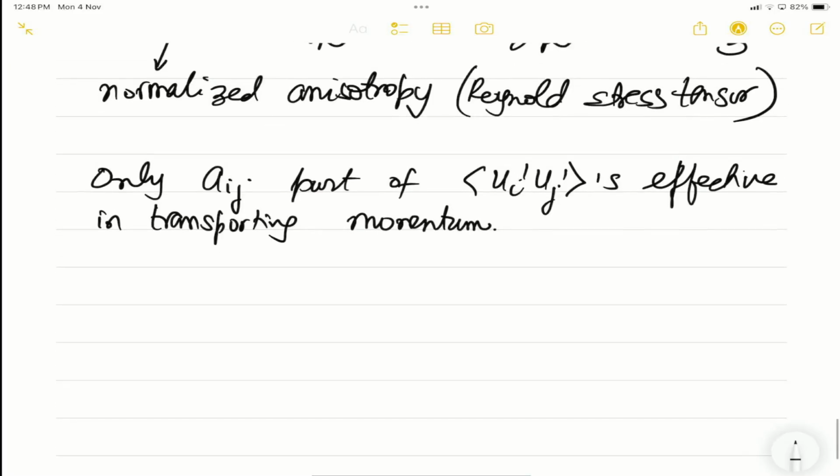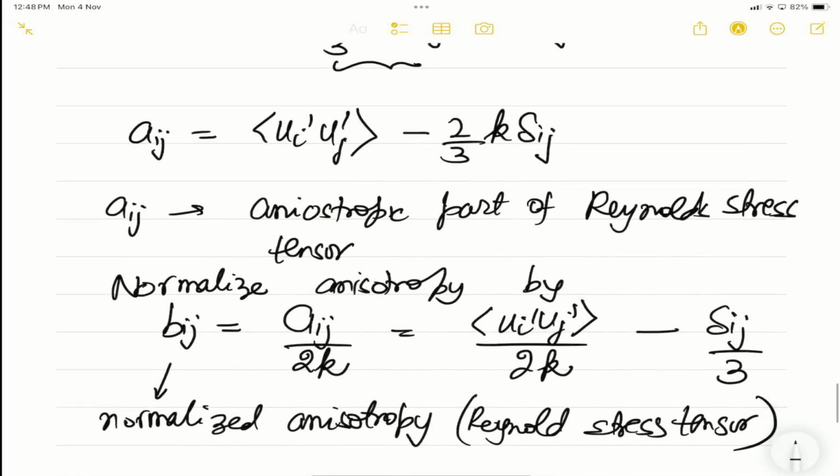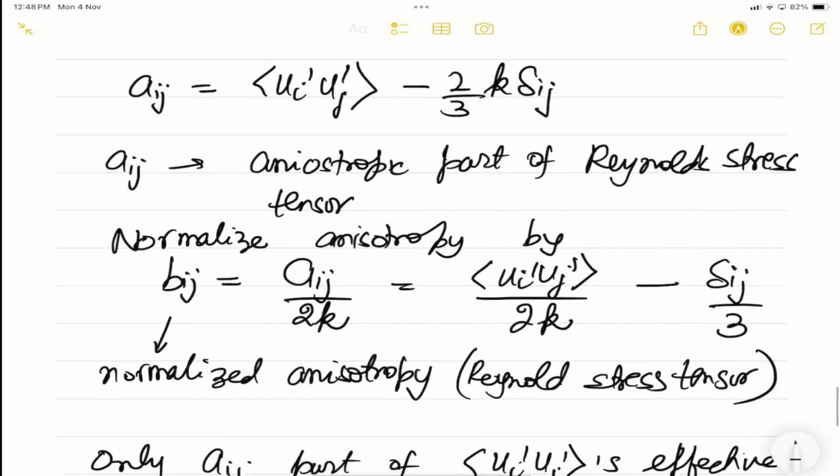And how do we show this? If I write rho times partial Aij by partial xj, this will be